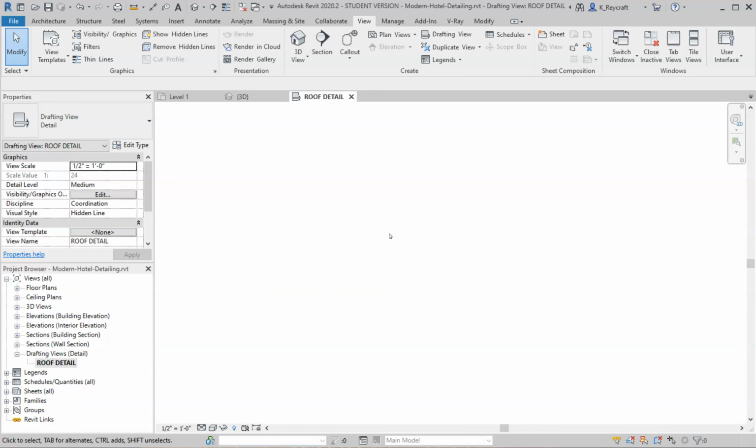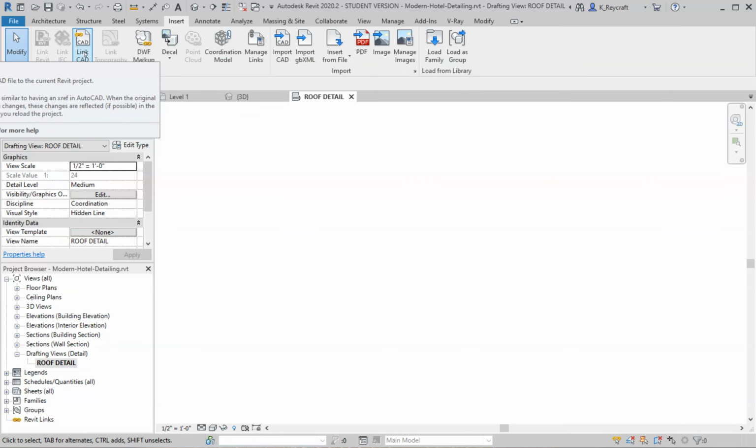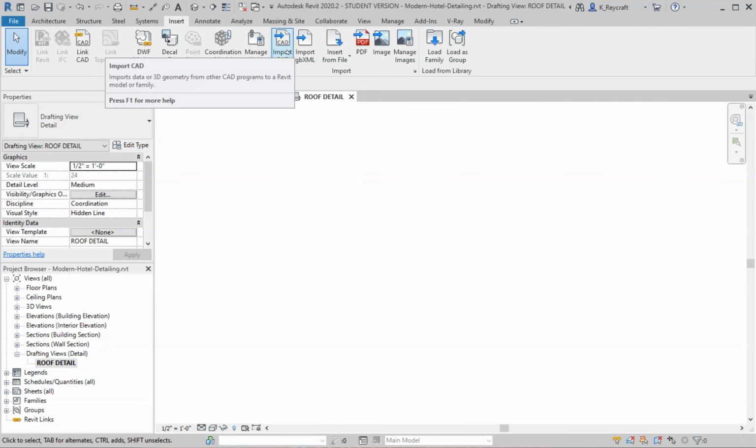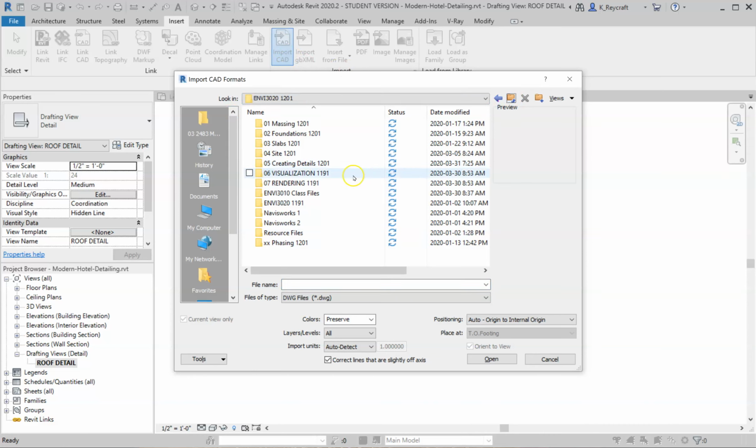So in our drafting view, we would go to the Insert ribbon and pick Import CAD. Now we wouldn't pick Link CAD because that will bring in the imagery of our CAD detail, and I suppose that would work if you're going to trace that information with annotation lines, but what we want to do is import the CAD file so that we could then explode it and then convert the objects that make up that detail into Revit-based objects. Import CAD, and I have my file, actually where is it? In a folder called